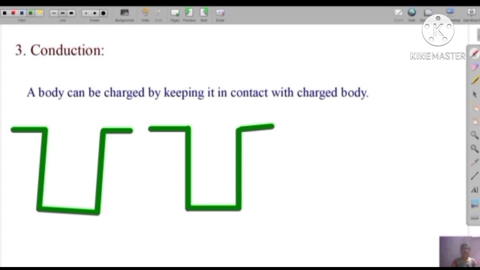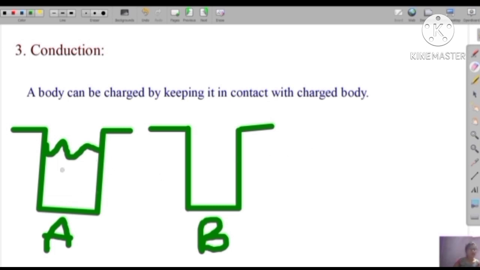So this is a water beaker, and this one is beaker A and this one is beaker B. I'm considering here that beaker A is completely filled and beaker B is empty. Now I want to make beaker B filled with water. If I want to fill beaker B with water, I have to connect it from beaker A to beaker B. I'll just give you a connection between beaker A and beaker B.